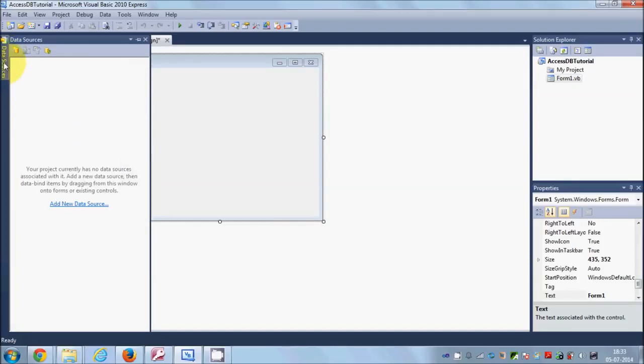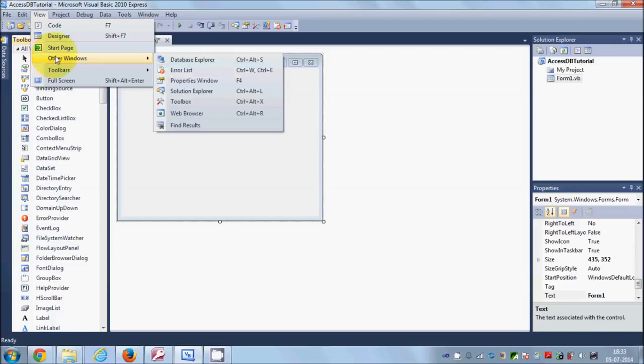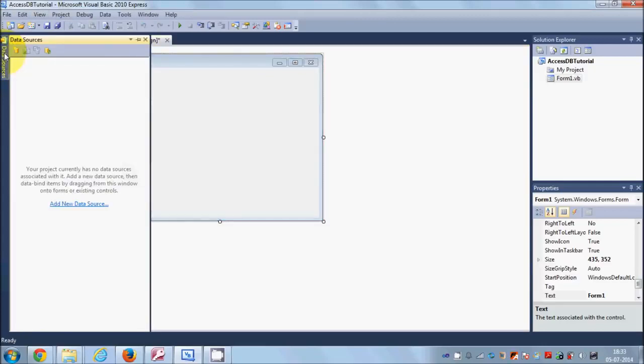If you don't see this section here, you can go to View, then Other Windows, and you can find this data source from there also. Now just go to this data source and we are going to create a new data source from here. I will say new data source. Just click this small icon on the left